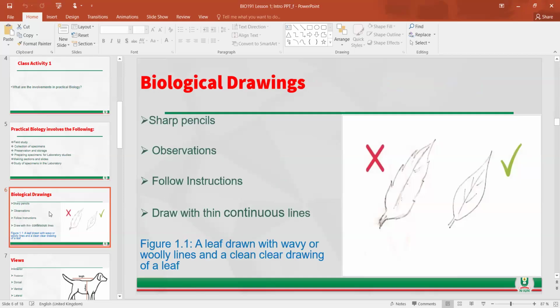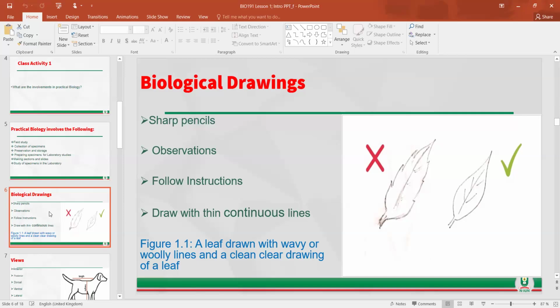When I talk about biology drawings, in this course and the practical session, you will encounter various drawings. And there is a way that a biological diagram should be drawn for it to be okay. First, you can see two diagrams displayed. One is with straight lines, and the other one is curvy and woolly. It should not be. It's the straight one that is marked good that is the correct one.